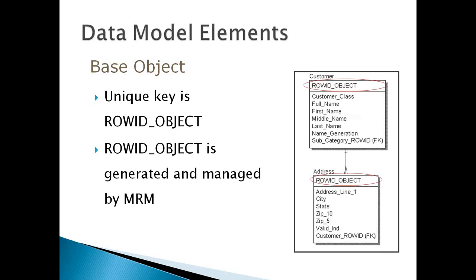This slide is again similar. Here we have just mentioned two tables, like the customer table and the address table. And you might hear this name, very rarely, MRM, that is the Master Reference Manager. That's the internal manager which manages the population of the ROWID object values and other things. It is not a common term which you will be hearing, but it's good to know that there is an MRM server, an inbuilt part, which maintains all this information and the population of the ROWID object.